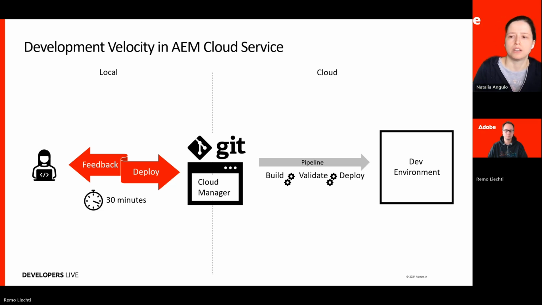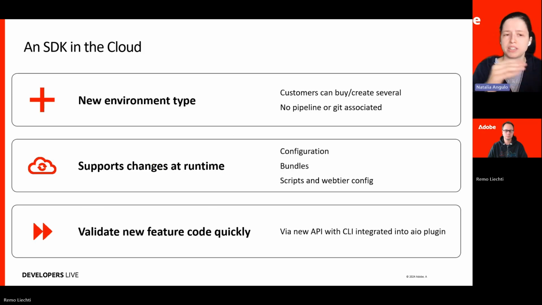Therefore, we decided, okay, why don't we create a new SDK in the cloud with a new environment type, and then customers can buy or create several of that new environment. There is no pipeline associated. Because the pipeline is good, but as soon as you have a pipeline, you have multiple steps defined on it, and then it takes time. So it's going to be like a local SDK, right? A local SDK on the cloud. So we put